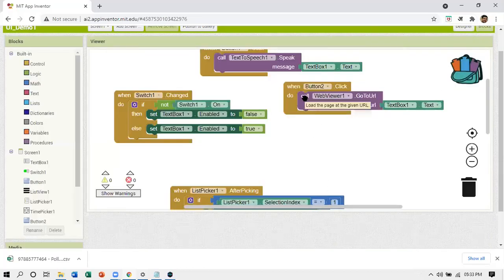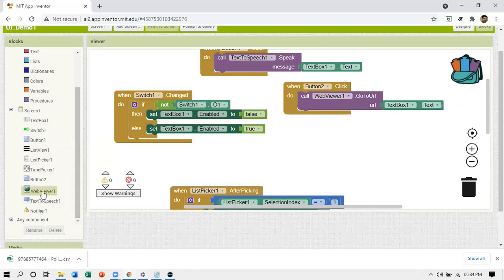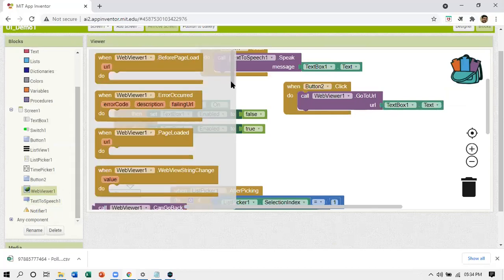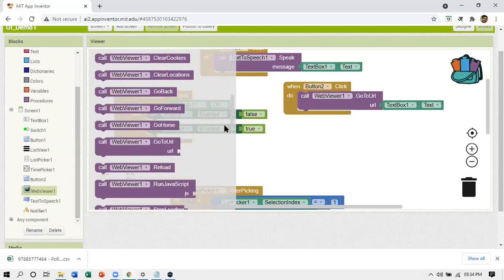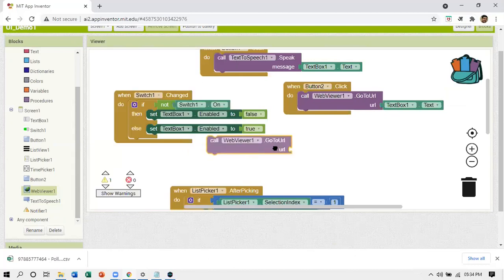Web viewer 1 has an action block, go to URL. These are alphabetically ordered. So go to URL is this. Here it is. I have to provide it the URL.